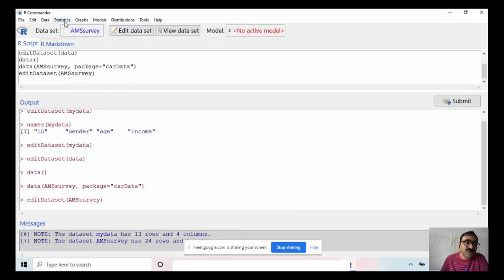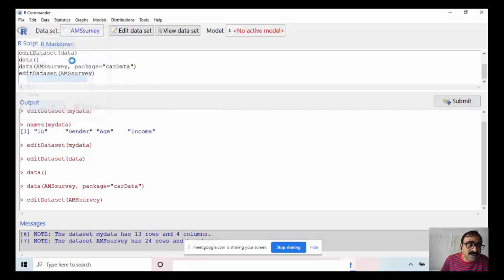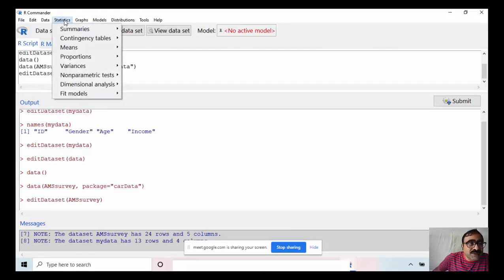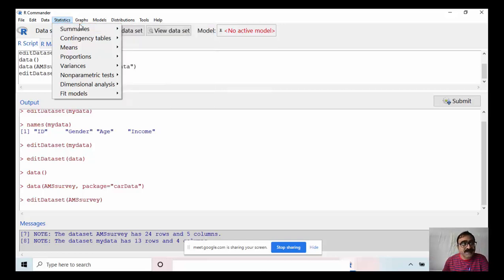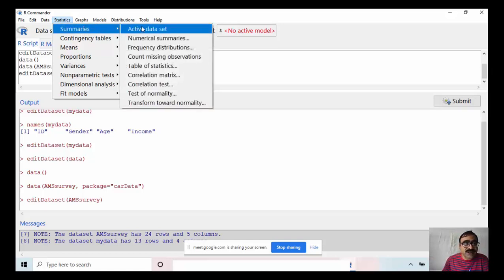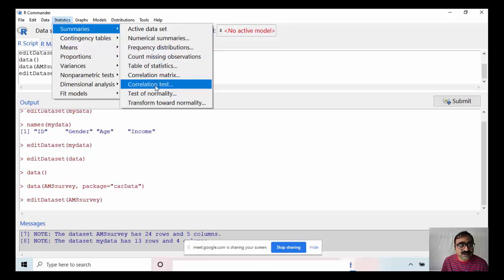Now here, once you get your data set, the data set that you work with will be highlighted here. This is my data. And then here there is an option statistics. Under this we have summaries of the active data set, numerical summaries, frequency distribution, count missing observation, table of statistics, correlation matrix, correlation test, test for normality, transform.